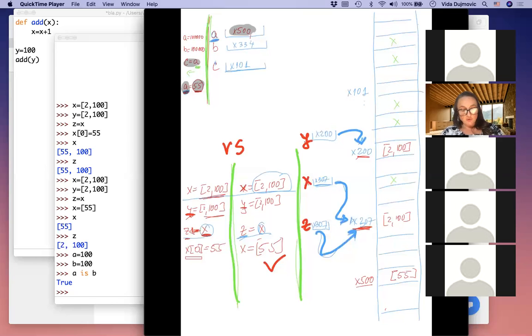Okay, then Python said I should store this XZ to the variable on the left. This variable already exists, is this one here. Now it should contain this address rather than this address. Okay, so I have to erase this address and put x500 there. That means that this blue arrow now goes to